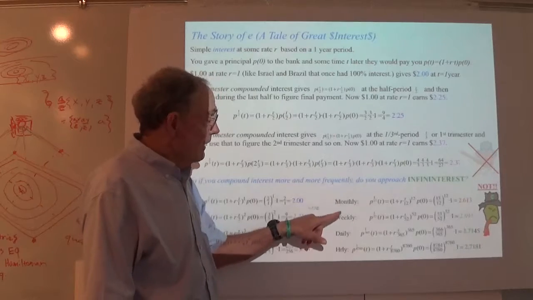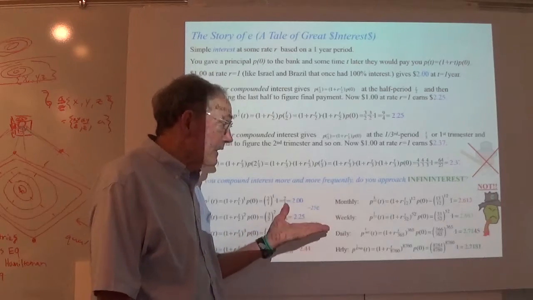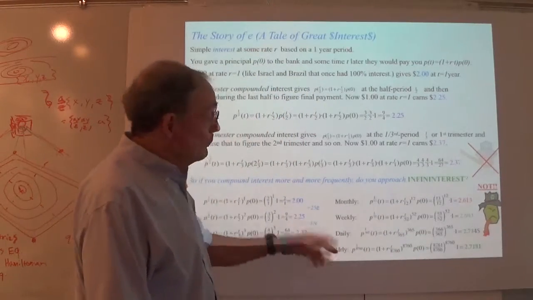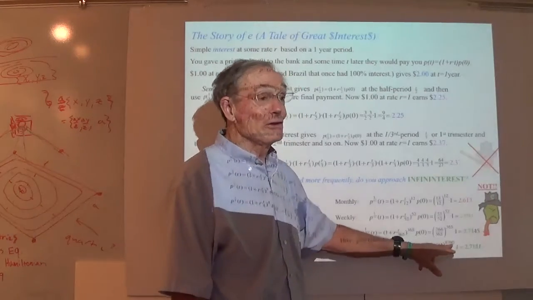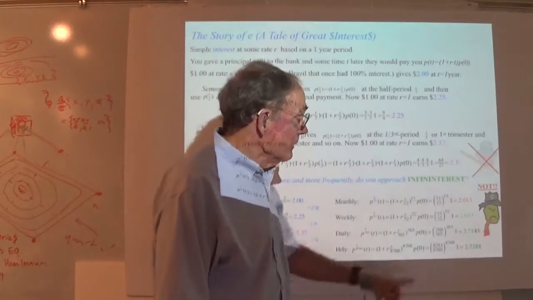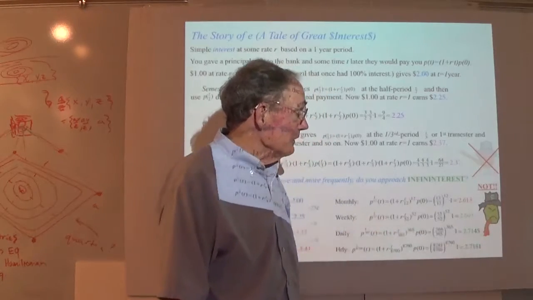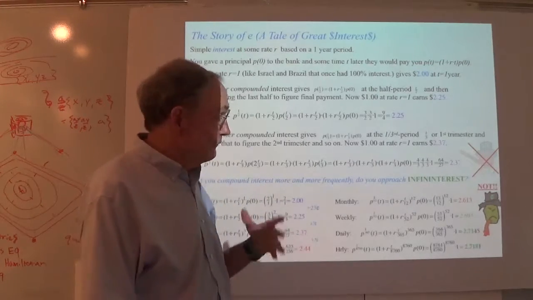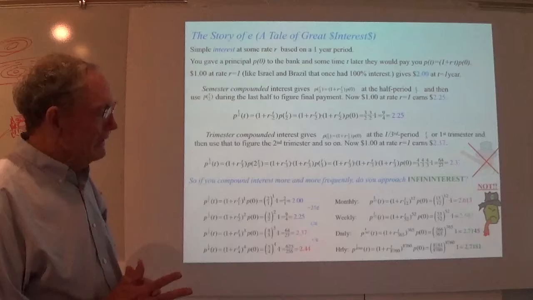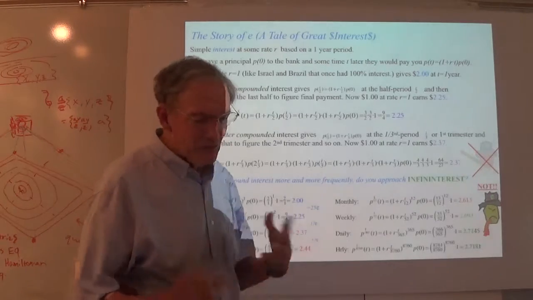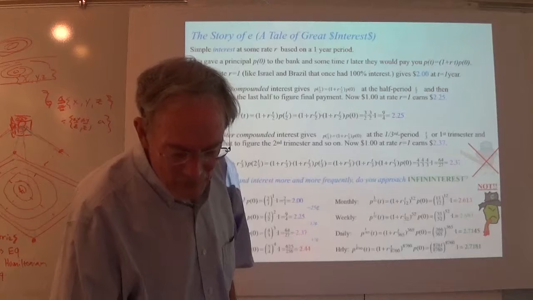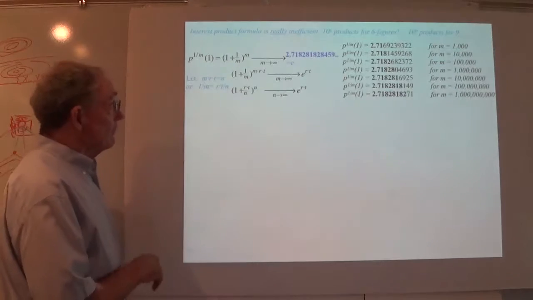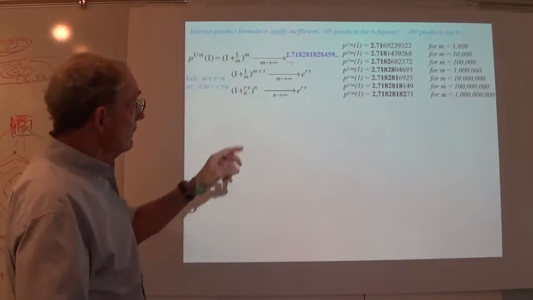If you're going by our standard calendar, weekly, okay, that's 52 multiplications. Daily, that's 365. If I'm going to do it hourly, that's 8,760 compoundings that you would be doing. And I think you recognize the number in green there. So that's a really amazing limit. Anything that has to do with e that involves limiting is, I think, sort of beautiful. And one of the problems on your weekly problem set today is to tackle one of those problems. In any case, the idea is that you do find